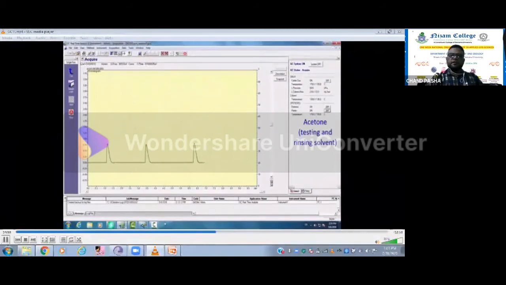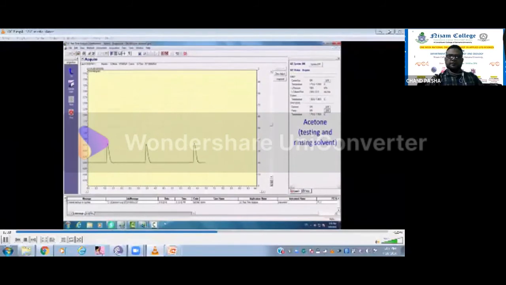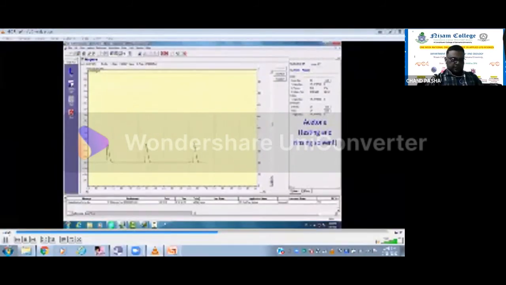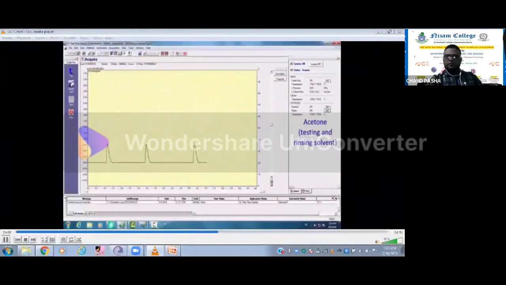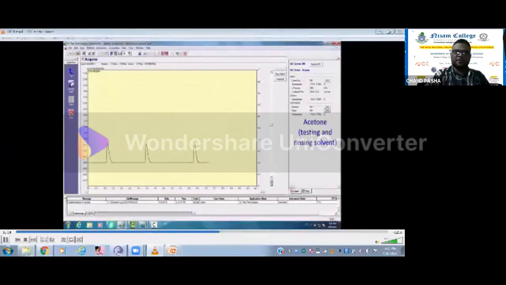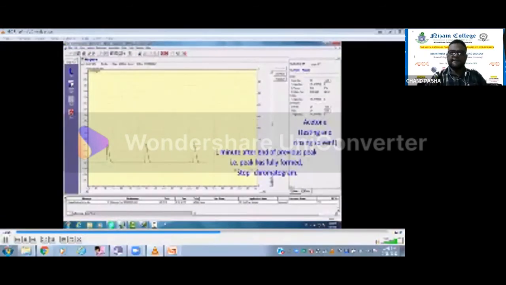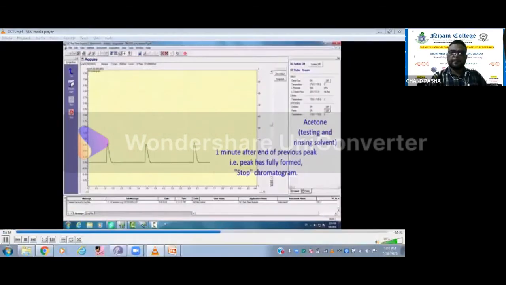With this, you can practice how to load the sample into the GC. The rest of the things, the mobile phase will do its job. It will separate the molecules and bring them through the stationary phase. See, much designing is not required here. Now we can stop because the peaks have been acquired. They have come.